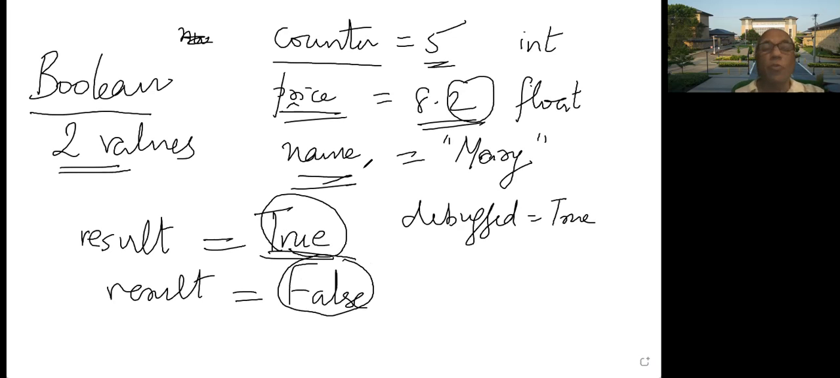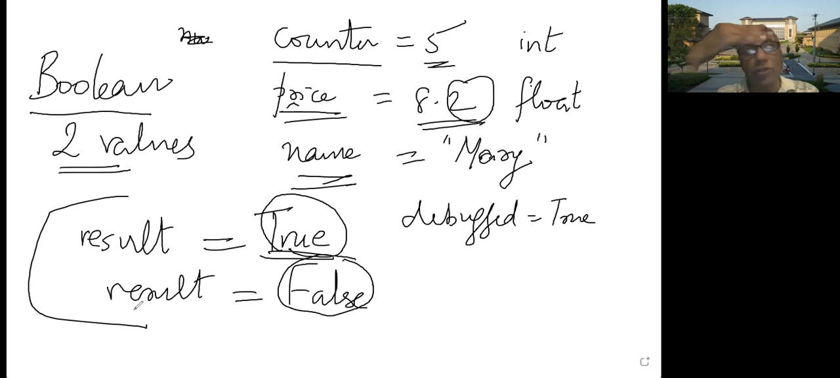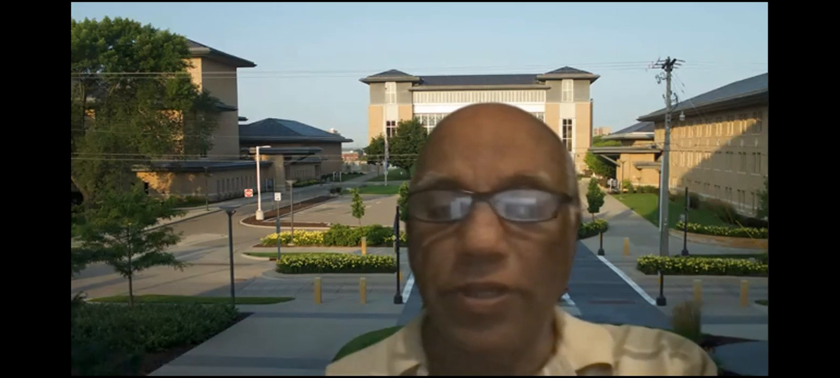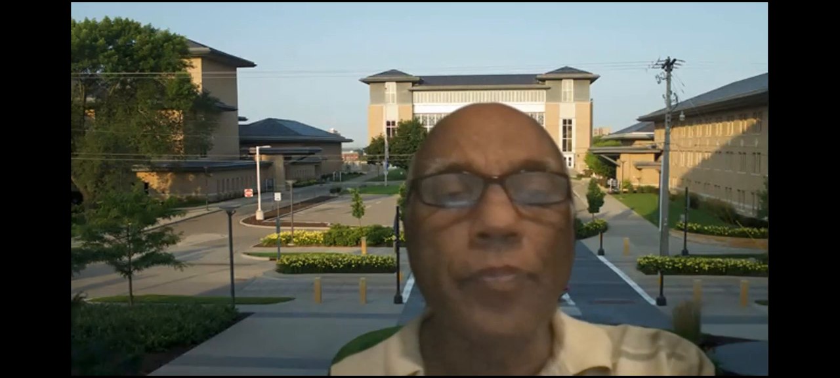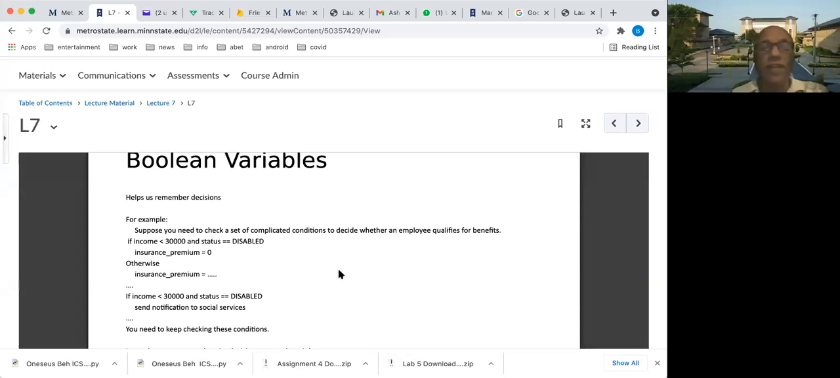So what is the use of this? The use of a Boolean variable is to remember decisions. As you write your code, you test values of variables, you add, subtract, and then check whether the value is more than something, etc., etc. And then you want to remember some of these decisions. At that point, these Boolean variables are very useful. So for example, here, going back to the slides,